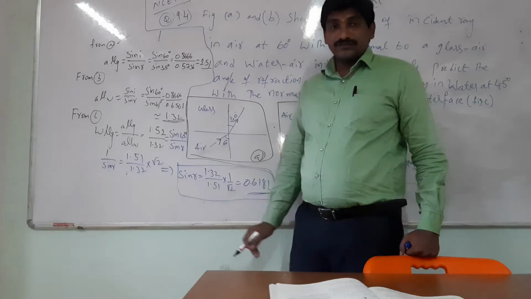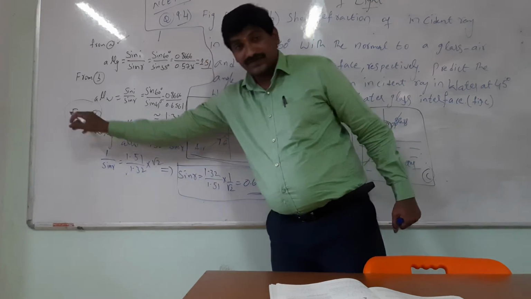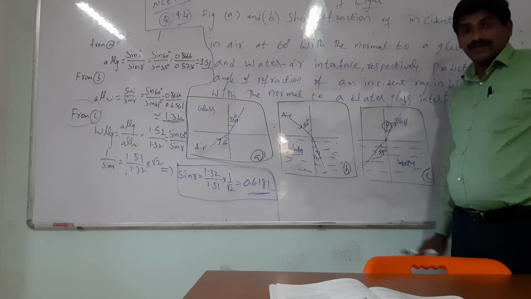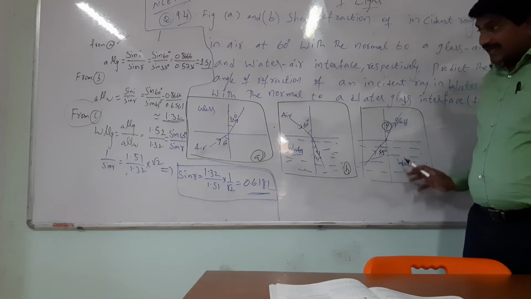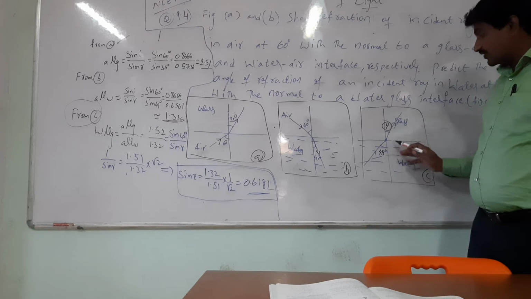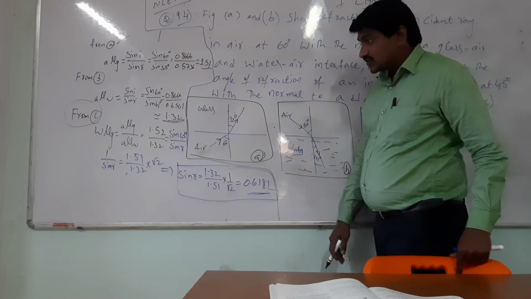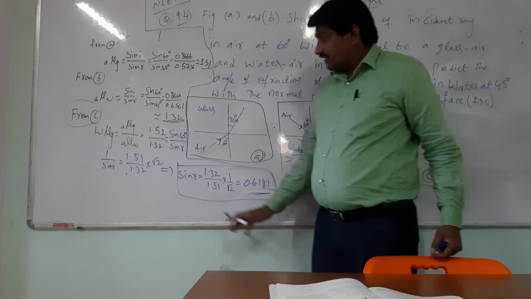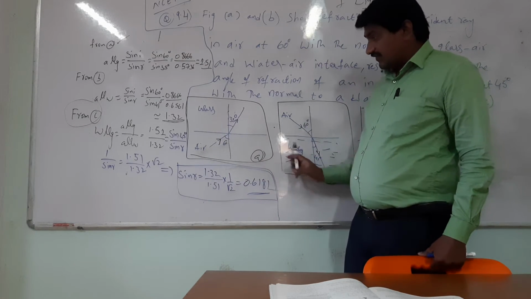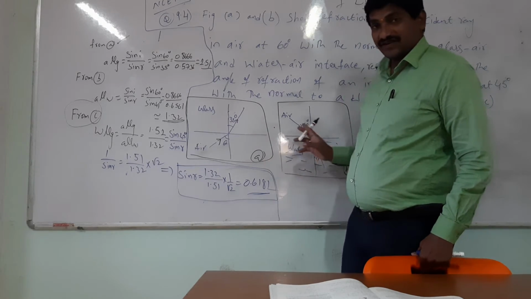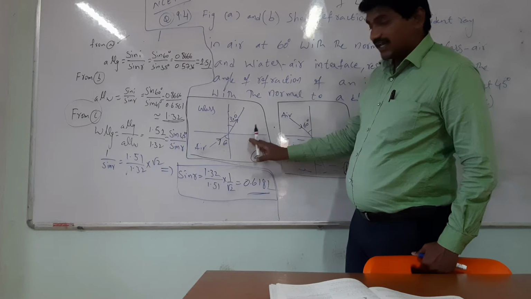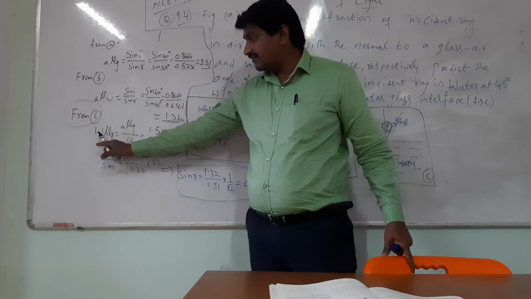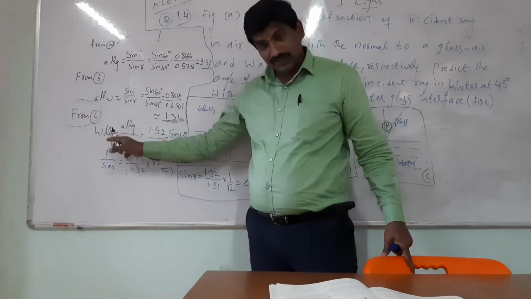Now the question is that from figure C, when the light ray is passing from water to glass medium, the incident angle given is 45 degrees. Then what about the refracted angle is the question. So directly we cannot find the refracted angle. So from Snell's law, with the comparison of two diagrams, previous ones, we have the refractive index of the glass and the refractive index of the water from figures A and B. So in the third diagram we have the incident ray passing from water to glass medium.